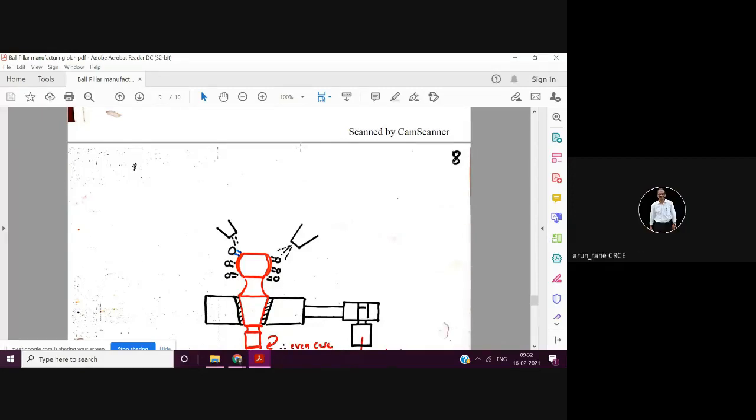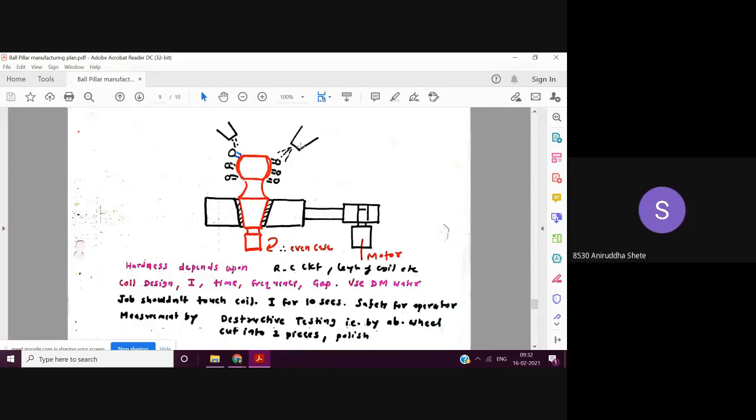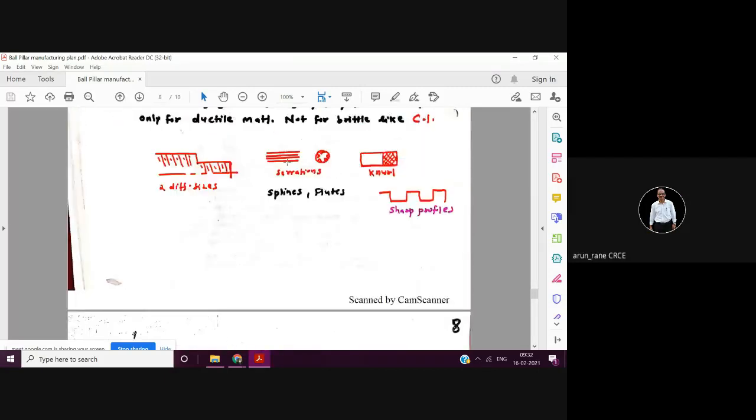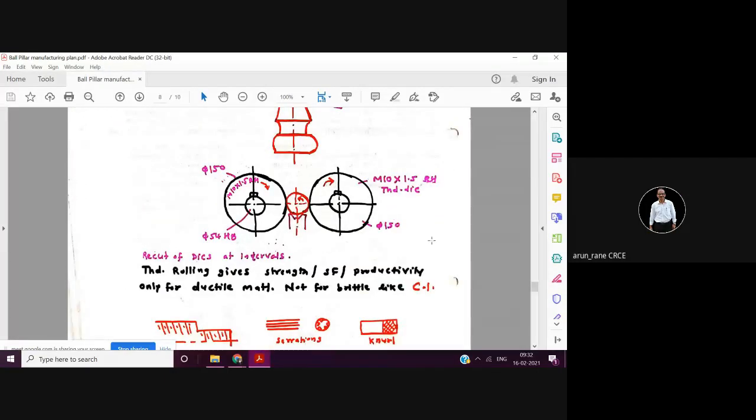Sir, the dies in the thread rolling operation are only pitch specific, right? That is pitch specific, yes. Then why are we taking this diameter 150? Because after say 5,000 or 10,000 or 1 lakh pieces, even though these are hardened, the die gets blunt. Then we have to regrind this and recut the die, resharpening. That's why we are keeping this diameter as 150, so that it can be used many number of times before it is scrapped.